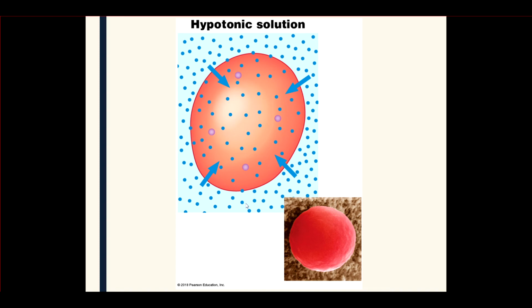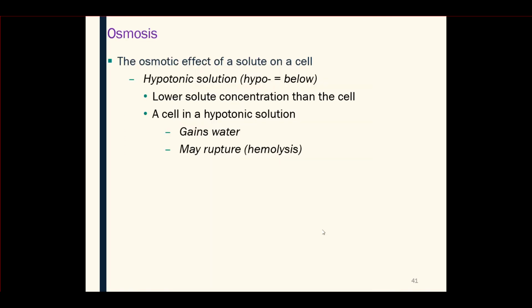So what's the rule? The water is going to move to an area where there are more dissolved substances. So since there are more dissolved substances in the cell, the water is going to move into the cell, and look what happens. The cell changes its shape. Instead of being a frisbee with the sag in the middle, it became like a ping pong ball. Right? This is all filled with water. If enough water moves into that cell, the red blood cell could actually rupture. And we have a term for that. We call that hemolysis, right? Hemo means blood, and lysis means to break,